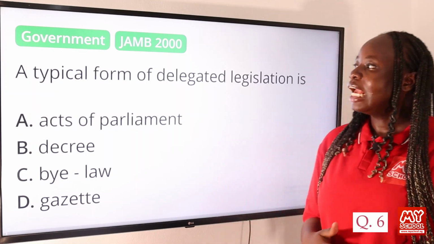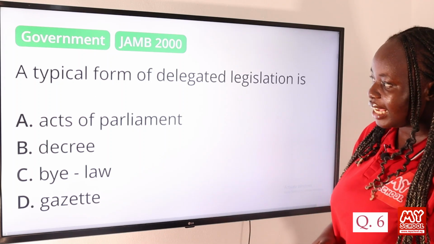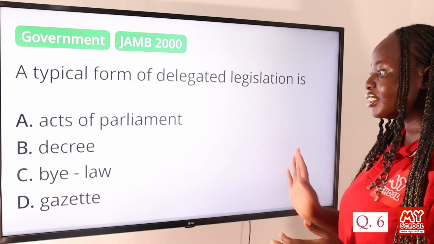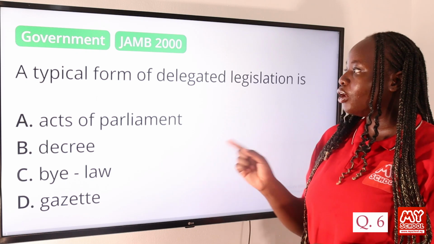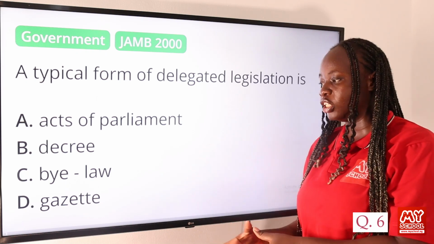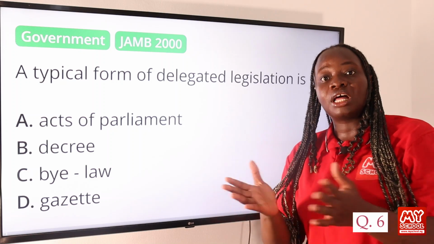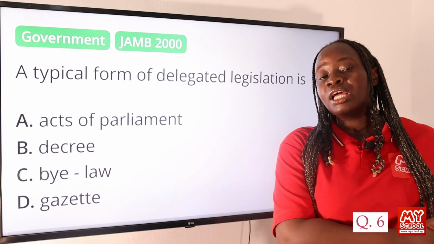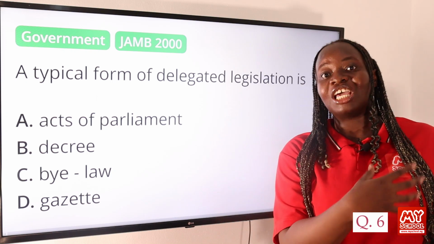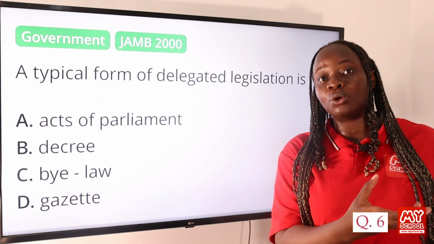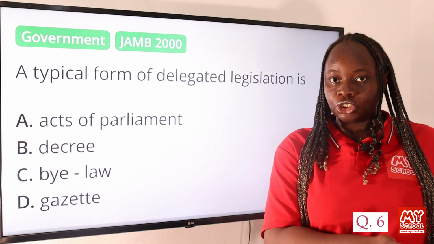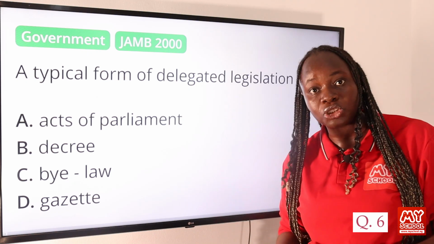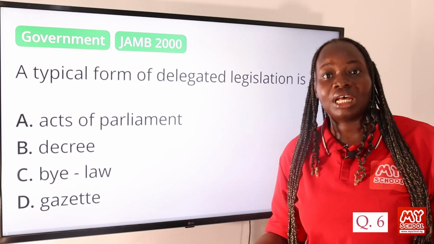Question 6. A typical form of delegated legislation is A, Acts of Parliament, B, Decree, C, Bylaw, and D, Gazette. So the answer to this question is option C, Bylaw. Bylaws are a type of delegated or secondary legislation. So the legislature in a particular country can delegate the process of lawmaking to a particular government organization or agency in order to allow them to create laws that actually suit their jurisdiction. Okay, so they can delegate lawmaking responsibilities to public corporations, to the local governments, and to any other government agencies,